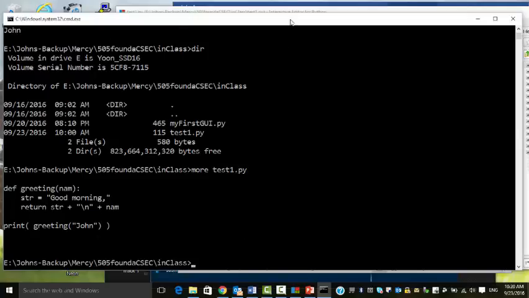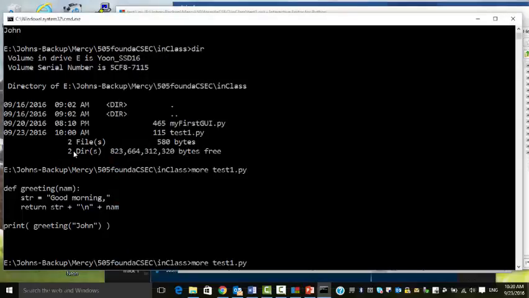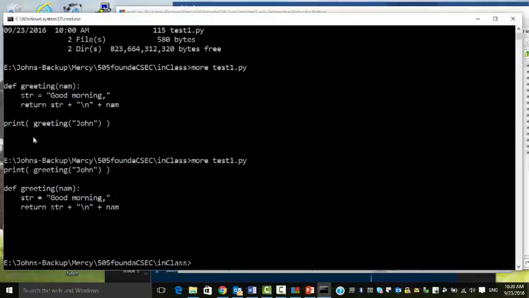Oops, I want to change this to the other way. So if I revise this, the print appears before the definition. Now currently the greeting is defined after it is called. If I have a one-pass interpreter,